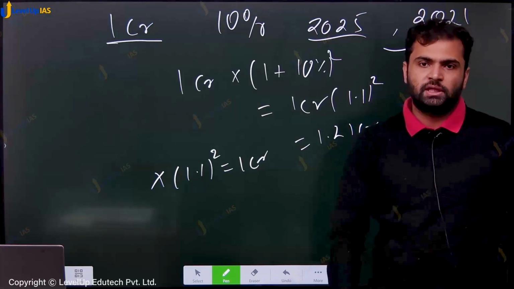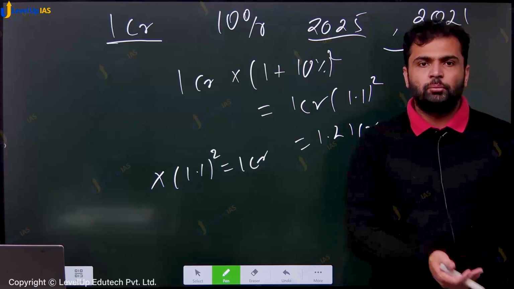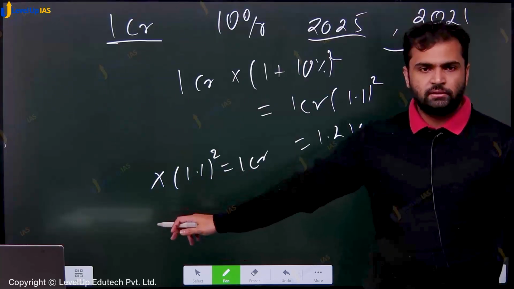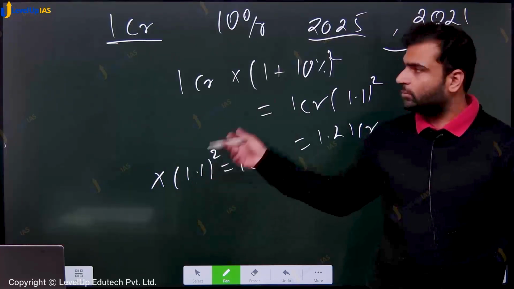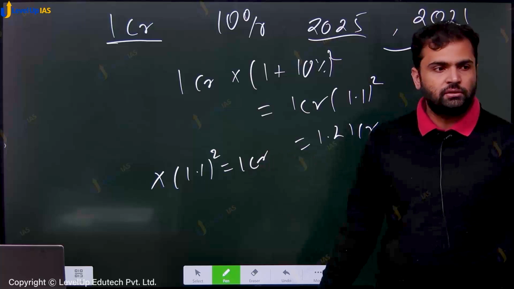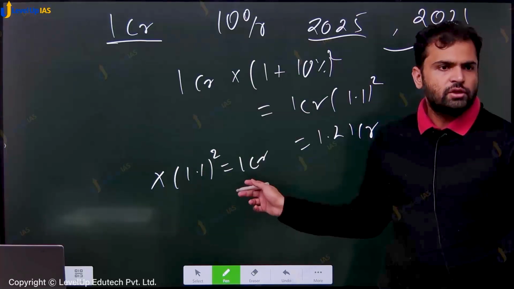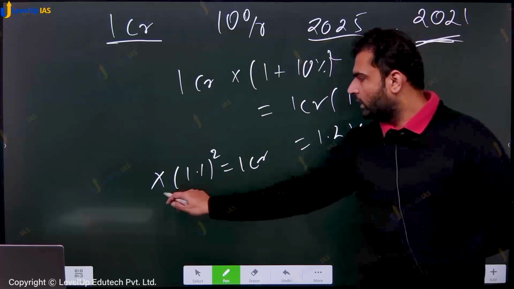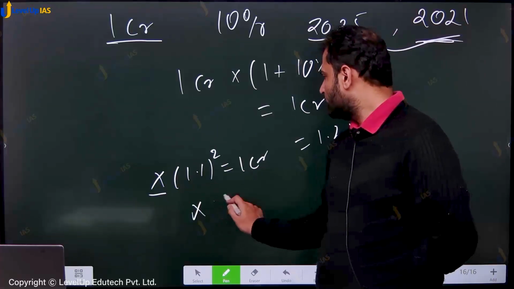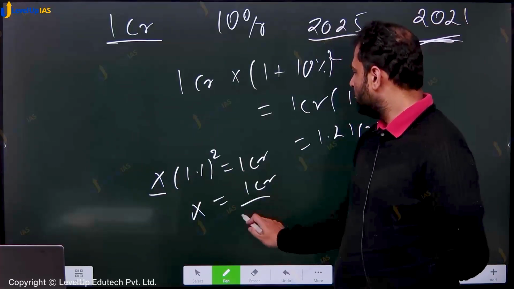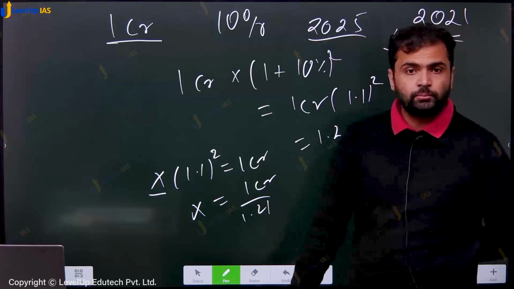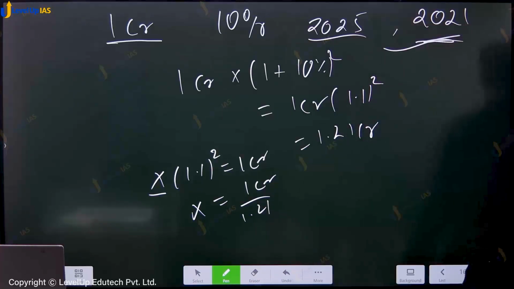2000, 2 साल पीछे जाना है। We assume population 2 years back was X into (1 plus 10%) squared is equal to आज की population, 2 साल बाद की, so it is 1 CR which is known. Only unknown is this X, which is equal to 1 CR divided by 1.21, जो भी होगा ये।